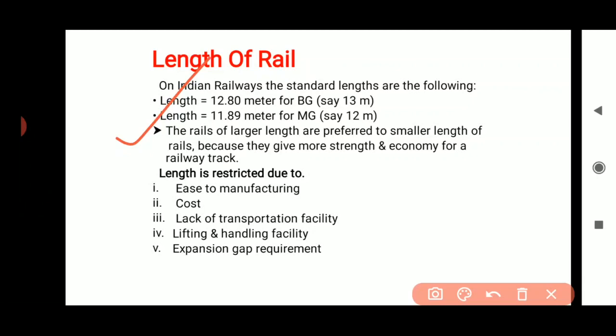So the fewer the joints, the fewer would be the fish plates and fish bolts,